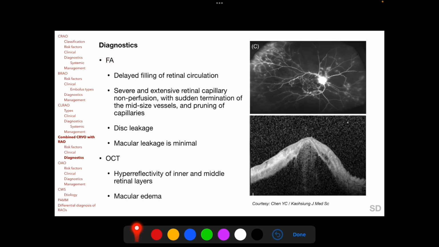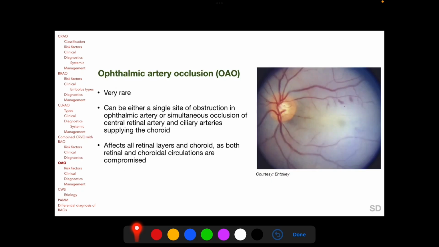Fluorescein angiography shows delayed filling of retinal circulation and extensive areas of severe retinal capillary non-perfusion with sudden termination of the flow of dye at the level of mid-sized vessels and pruning or absence of capillaries. Disc leakage occurs secondary to the CRVO component as seen here in this fluorescein angiogram, but macular leakage is minimal. And as seen here in this OCT image, OCT shows hyperreflectivity of the inner and middle retinal layers as well as macular edema. Ophthalmic artery occlusion is a very rare entity, and since both the central retinal artery and the